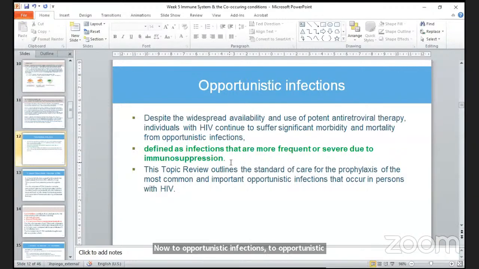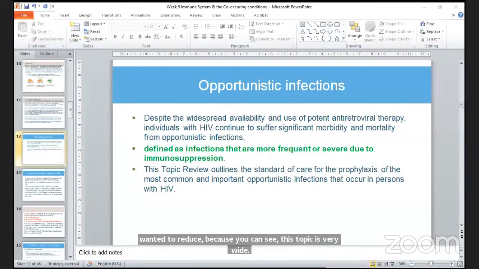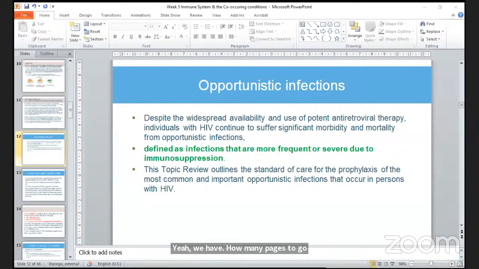Here, I said we just mentioned briefly, we'll still come back to this next week. I wanted to reduce because you can see this topic is very wide. We have how many pages to go through? We have over 40 pages. So we just wanted to reduce that so that we complete everything within the time. Okay. Now,